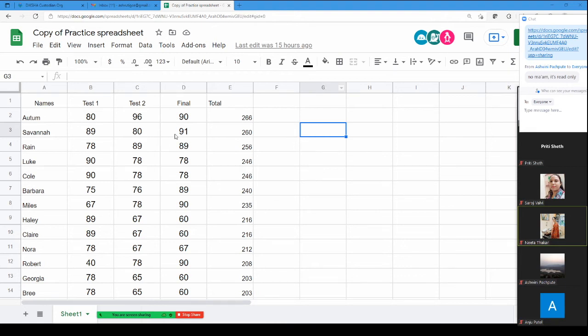So G column and third row. Yes, Rashmi, correct, it is G3. Now could someone tell me what is the number mentioned in E12?